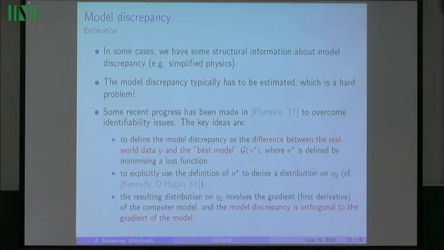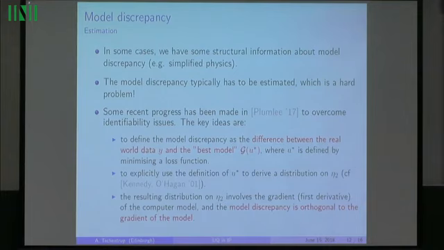In general, g of u is a parametric model, so we can choose different values of u, and the u star is defined as the one which gives the best model. So you define the u star in terms of minimizing a loss function between the real world and your model. Essentially the u star minimizes the difference between y and g of u. So it is the best one in that sense: the u star gives you the best possible model. And then using that definition, that the u star is the best possible model that you can have,